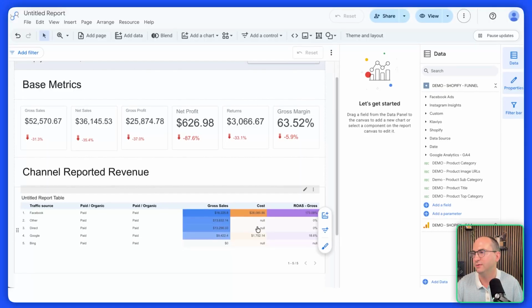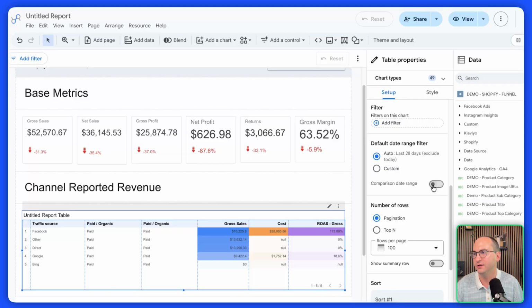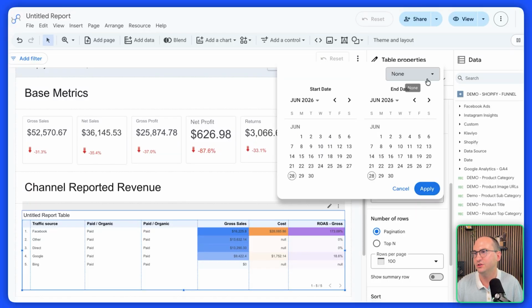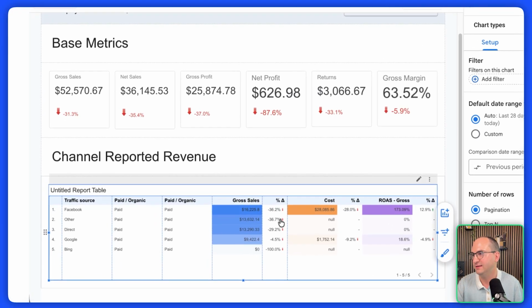The last thing I like to add in here, and this is kind of another comparison feature. If you go into the comparison here, unlike the scorecards where it's going to show under, you can do a similar thing, and it's going to start to show you the deltas of that information on each of these columns. So now you're going to be able to see the delta in the gross sales, the delta in cost, and